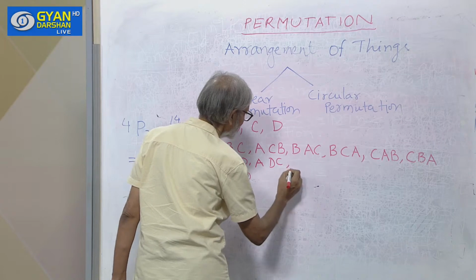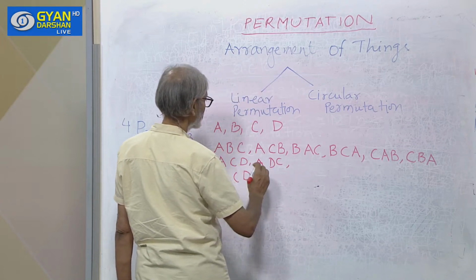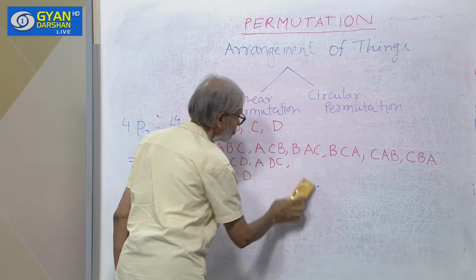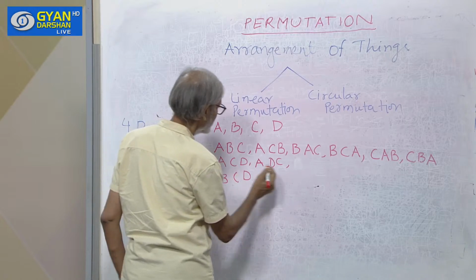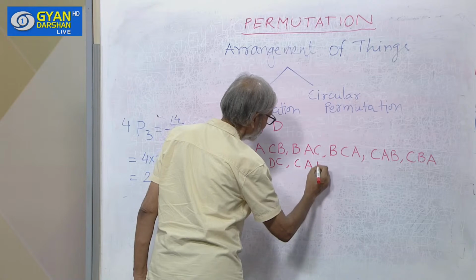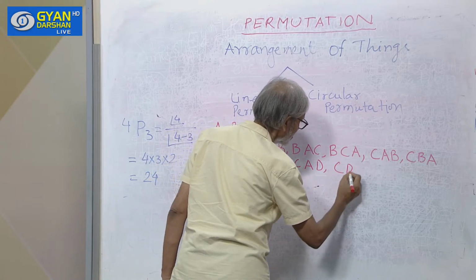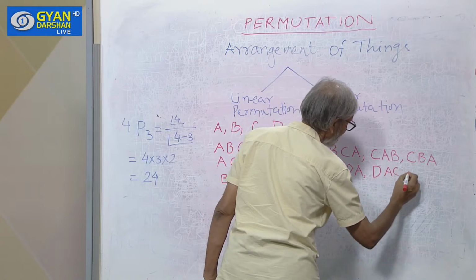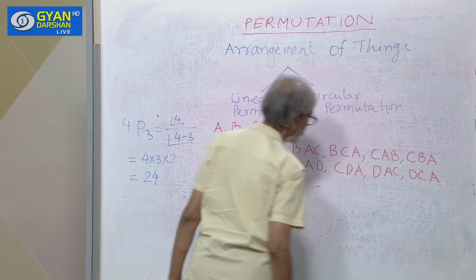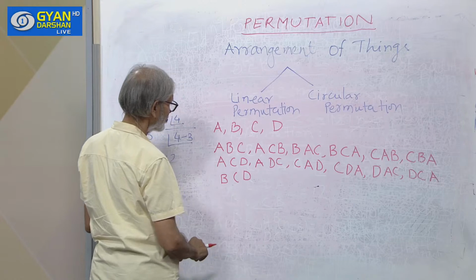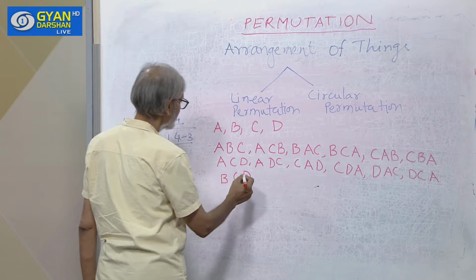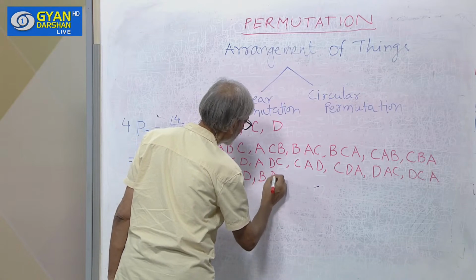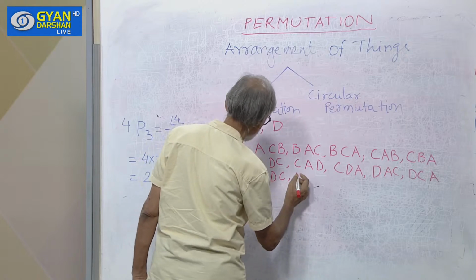A, D, C, then sorry, B is not here. We have A, C, D. So, then C, A, D, and then C, D, A, then D, A, C, and D, C, A. These will be another 6. Now, here also B, C, D, then B, D, C, then